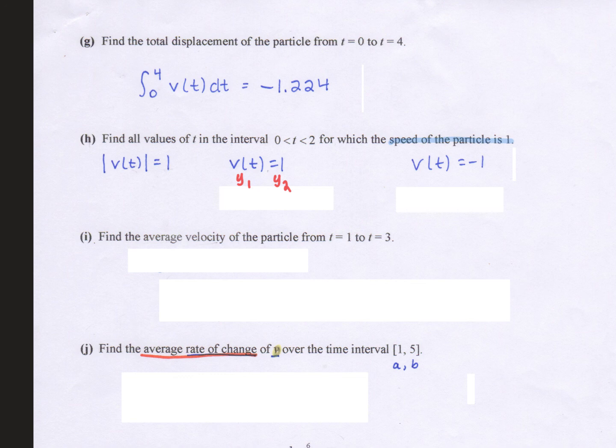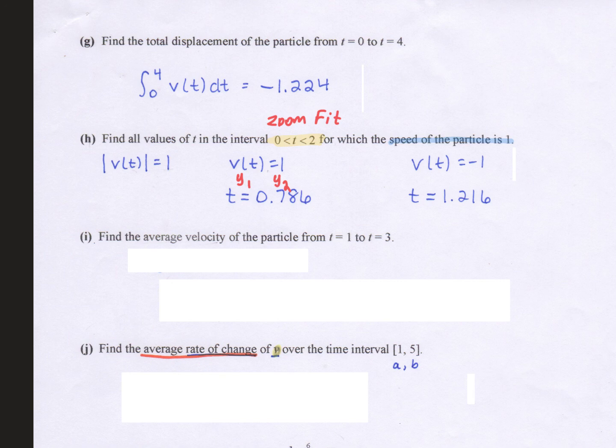It is easier to do if you set that interval, so set your window to go from 0 to 2, and then hit zoom fit, and it's going to maintain that x interval, but it's going to set your y interval to show you all the important parts of the graph. And then finding those intersection points gives us, the first one is 0.786, and then our second intersection point is